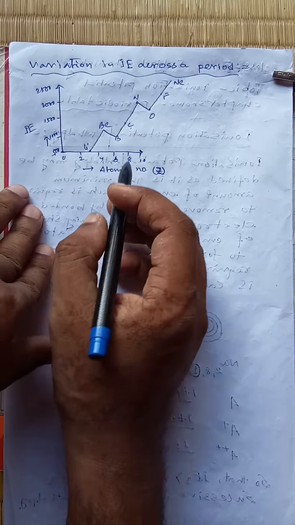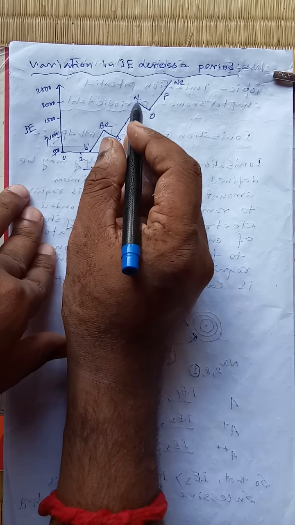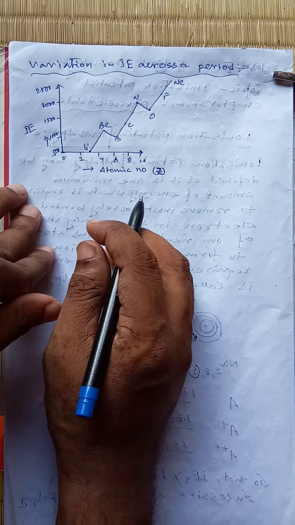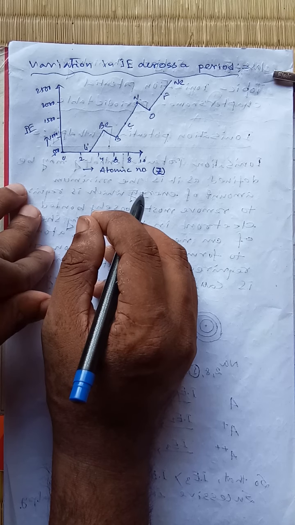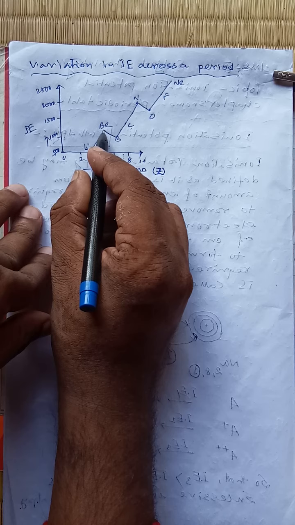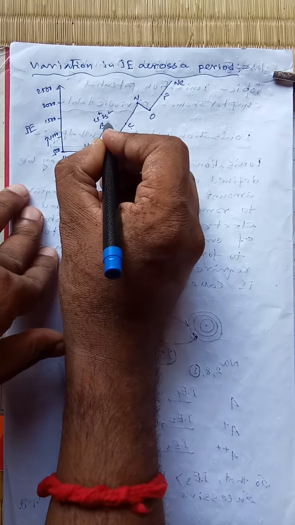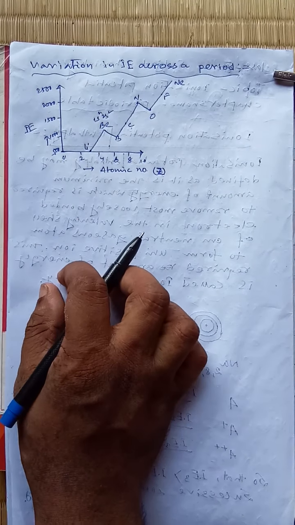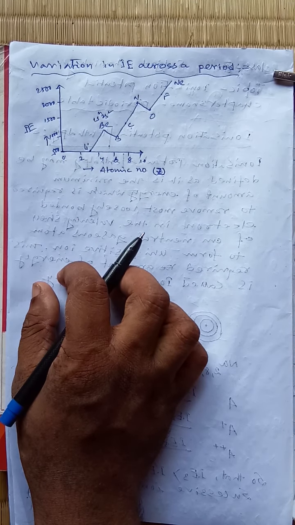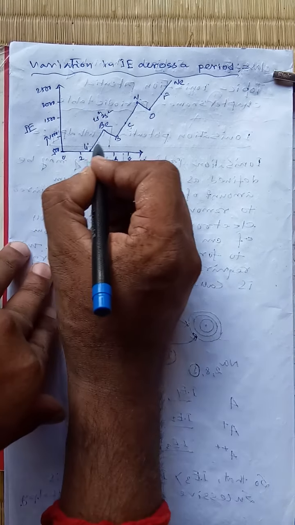So this is lithium, beryllium, boron, carbon, nitrogen, oxygen, fluorine and neon. This type of graphical representation is for the second period, lithium and beryllium. Beryllium has the stable electronic configuration, 1s2 and 2s2. According to Hund's rule, the half filled and full filled electronic configuration is more stable than any other electronic configuration. So here the full filled electronic configuration occurs for the beryllium atom. So it is more stable than lithium and boron.